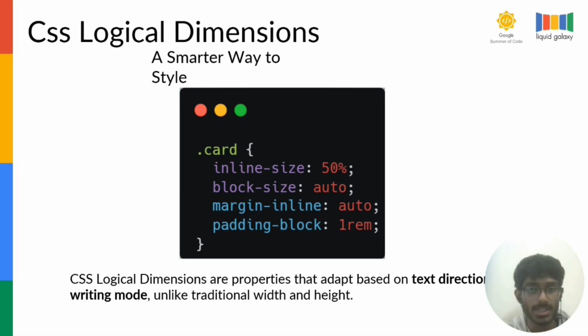And for the code, instead of using width, height, margin left, or padding right, CSS logical dimension introduces flexible properties that adjust based on text direction. For the code part, I've used inline size for width, block size for height, and for margin left, I used margin inline start. So for the next,